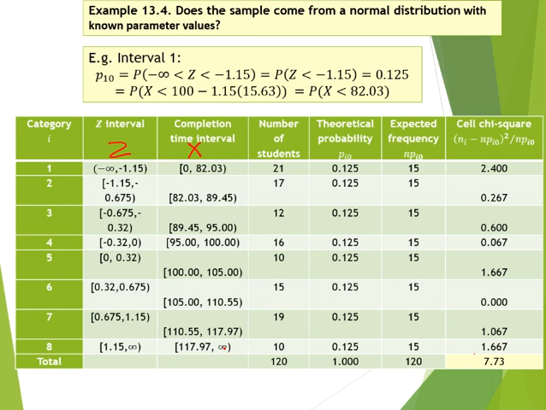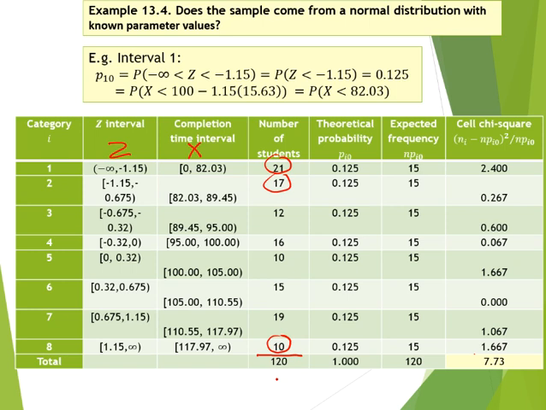And now what we observe is 21 finished within 82 minutes, 17 between 82 and 89.45 minutes and so on. And 10 took more than 117.97, which satisfies the requirement that 90% should complete within 120 minutes or 2 hours. But there were also 120 students in total used for this experiment, so you can check that it adds up